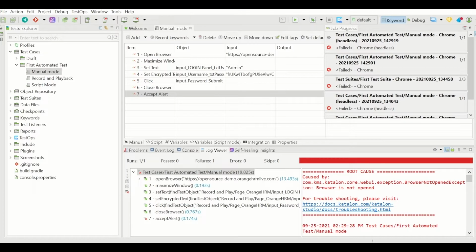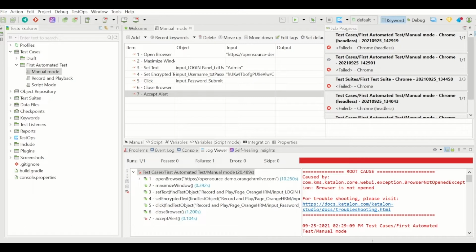Both the test cases have failed. You see, in the UI mode it has failed, and even in headless mode it has failed at the same test step. So headless browser execution is giving the same result as the UI mode, meaning functionally there is no difference whether you execute in the UI mode or headless mode. So it is proven that headless mode is not dangerous and it is equivalent to the UI mode. The only difference is you just can't see the application; everything happens in the background.